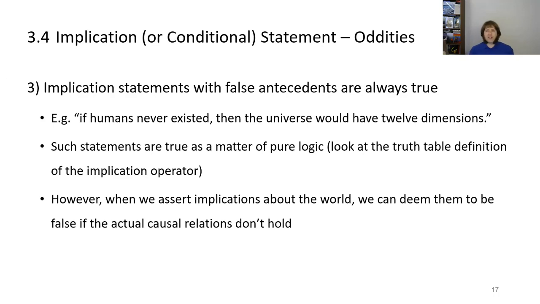Think about the previous example. If Carl is teaching logic, then the moon is made of chicken wings. Whether or not the moon is made of chicken wings has nothing at all to do with whether or not Carl's teaching logic. They're just unrelated things. So as a matter of fact, in the world we live in, whether or not I teach logic has no bearing on whether or not the moon is made of chicken wings. So if we're presented the implication statement, if Carl's teaching logic, then the moon is made of chicken wings,